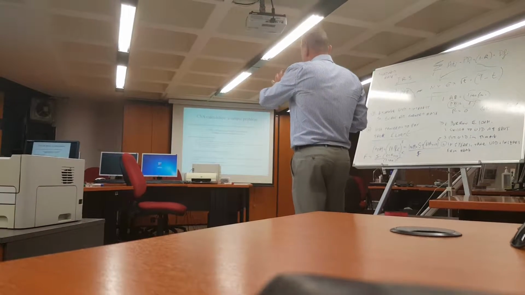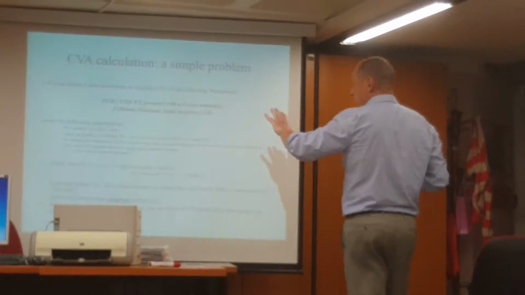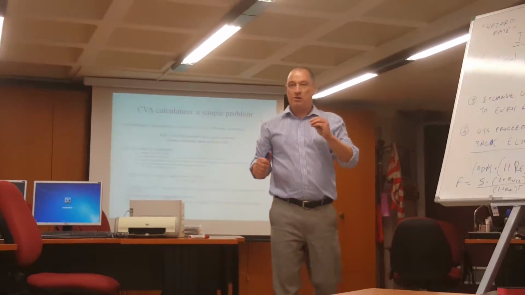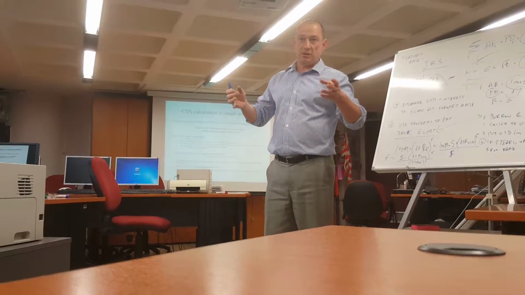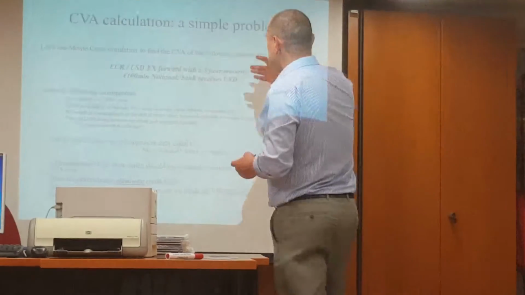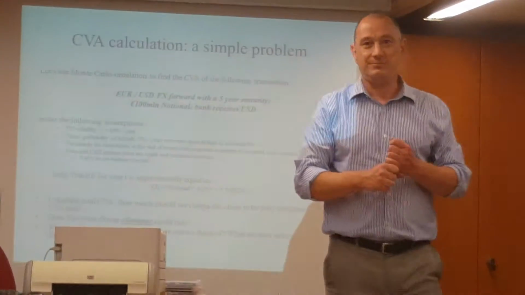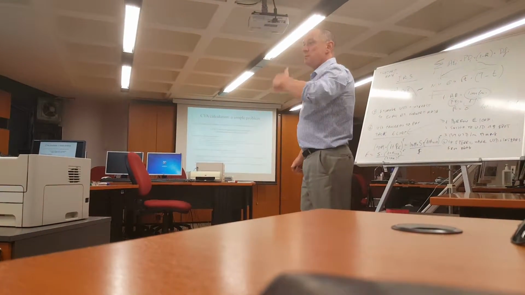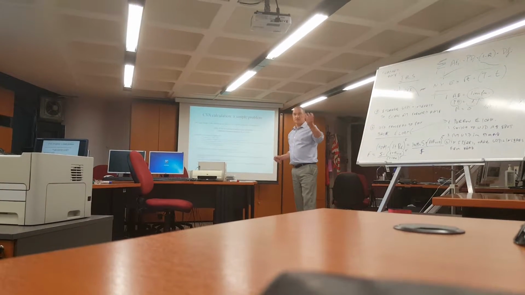So, this is the way it's set up. It's very simple. Essentially, what are we going to do? We're going to run a Monte Carlo of what? Lognormally distributed random numbers to simulate what? The Euro USD FX rate. By simulating the Euro USD FX rate, what do we simulate? We simulate future mark-to-markets.